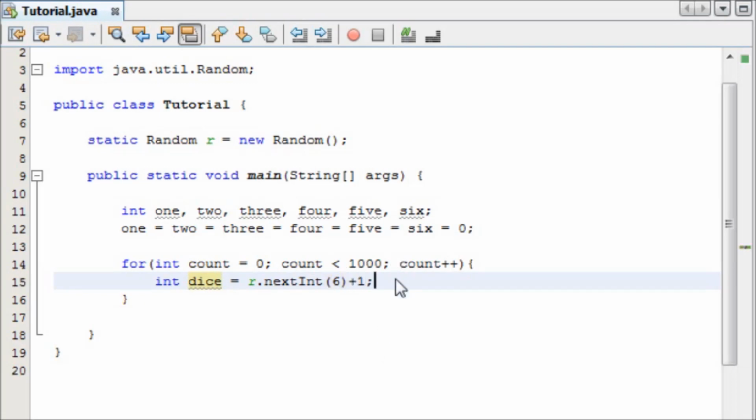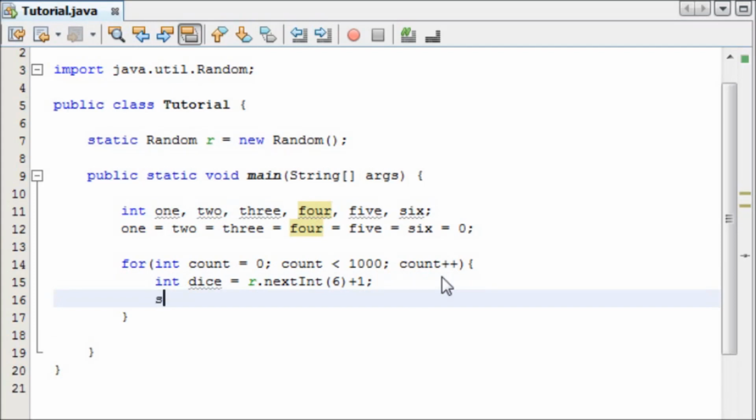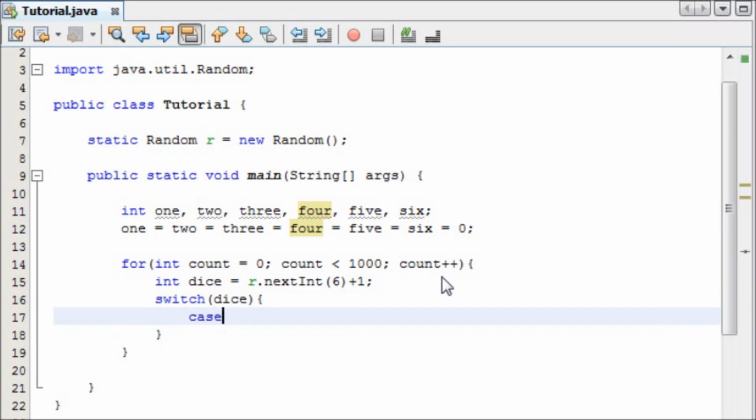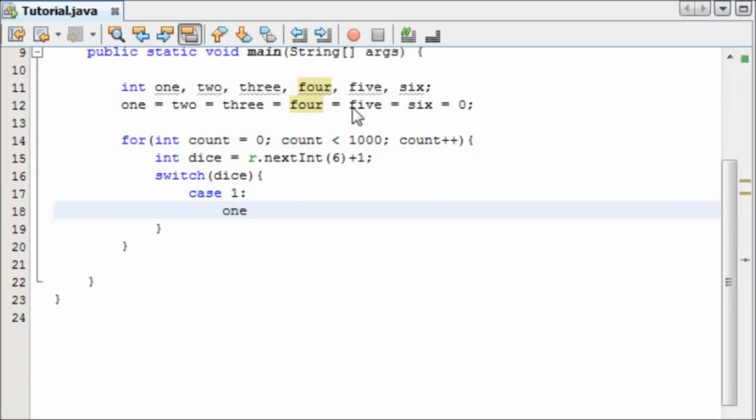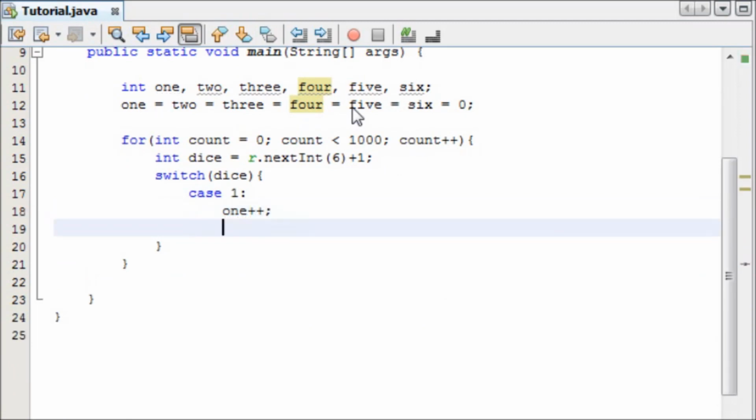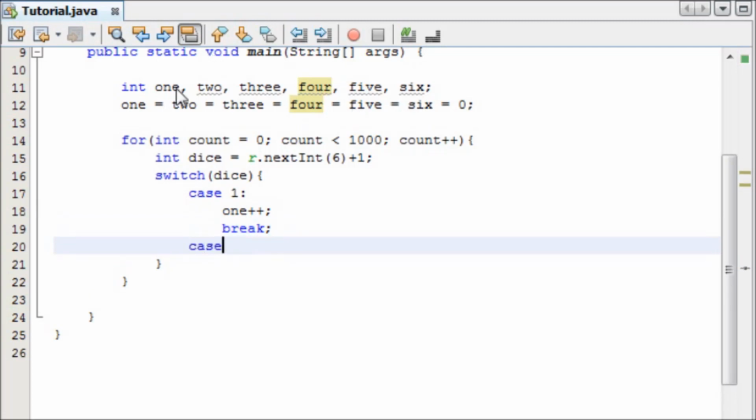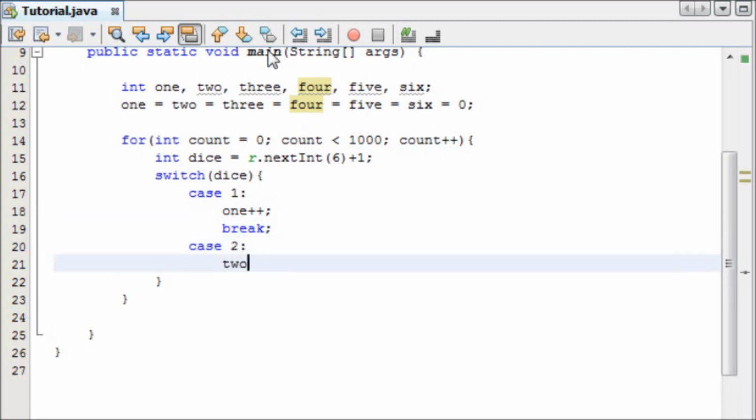And now we need to make a switch statement, and this switch statement is going to add, say if the dice lands on 1, it's going to add it to 1, if it lands on 2, to 2, and so on. So we're going to say switch, and we're testing what number the dice landed on. And in the case of it being 1, we're going to add 1 to the 1 variable and then break from the loop. And in the case of it being 2, we're going to add to the 2 variable, then break,